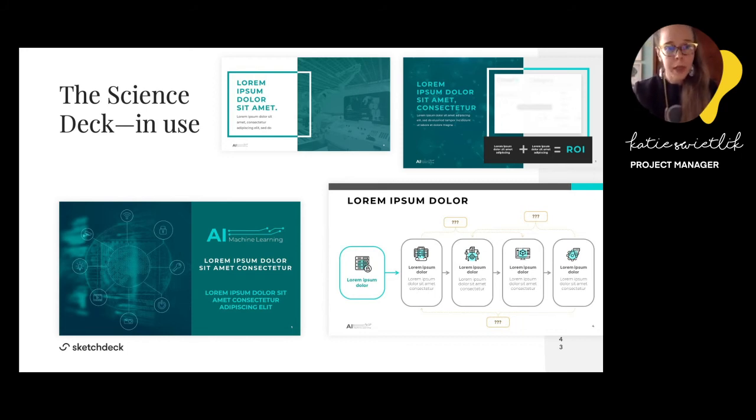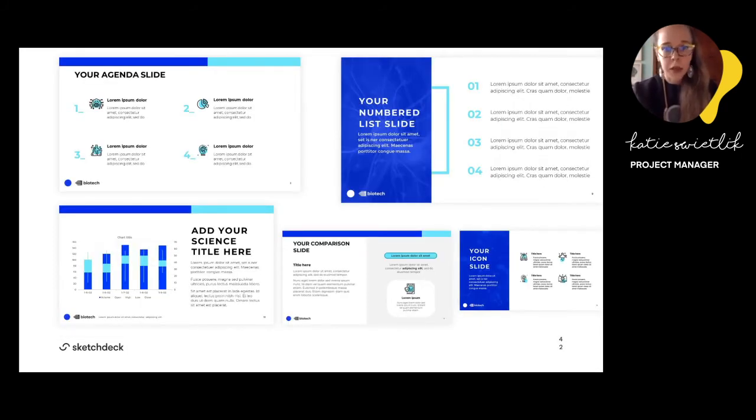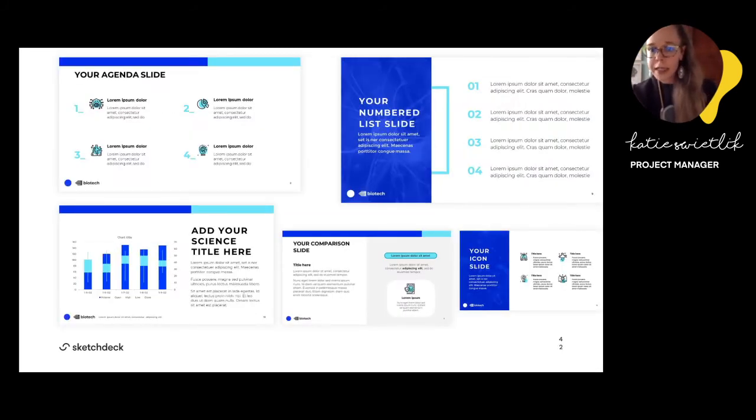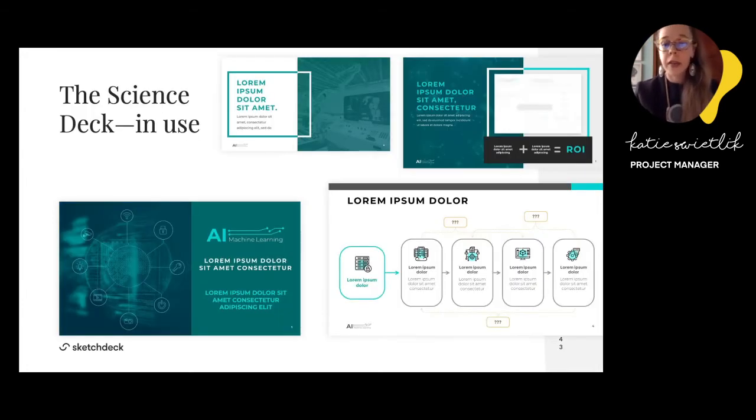So if I go just back up quickly, you can see here these curved edge shapes that are used in the template style. Actually not shown on this slide, but here you get a small idea that there are some curved edge shapes within the Science Deck. And then here you can see how our designer has taken the specific content from the client, kind of this